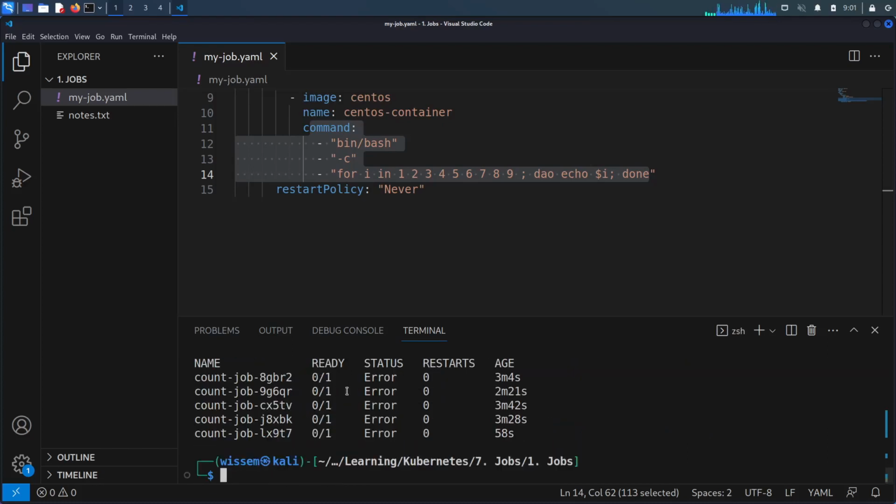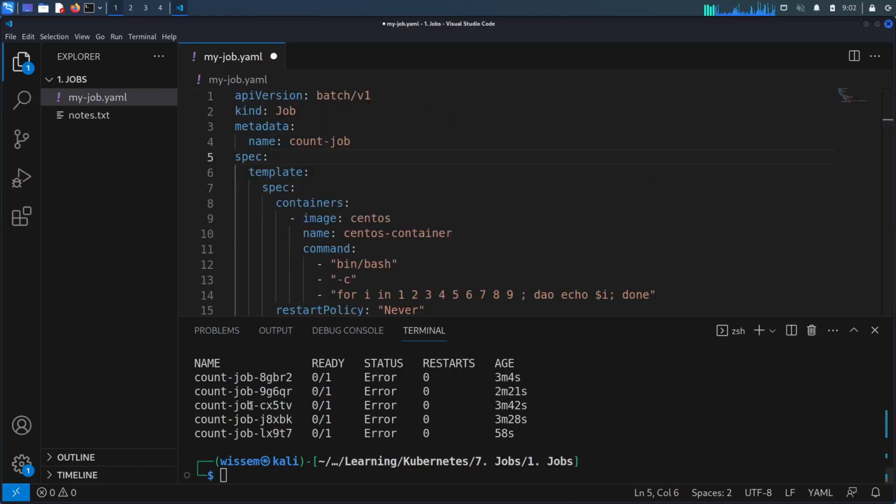So here the job will create another pod, and if pod number 6 fails, the job will terminate with the failed state. Okay, but we can override this behavior using the